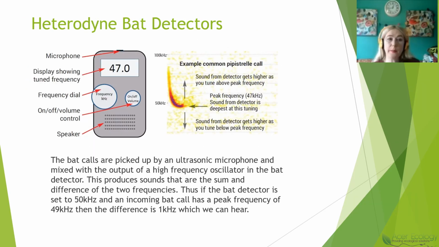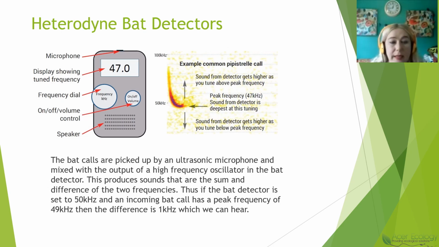Just to explain the heterodyne bat detectors again, these are the ones most commonly used for bat walks, and they are the cheapest type of bat detector. However, we're not using heterodyne bat detectors for our surveys. We're using Echo Meter and Petersson D1000X detectors. But they also have a heterodyne function where we can listen to the call as if it was a heterodyne bat detector. But a true heterodyne bat detector will